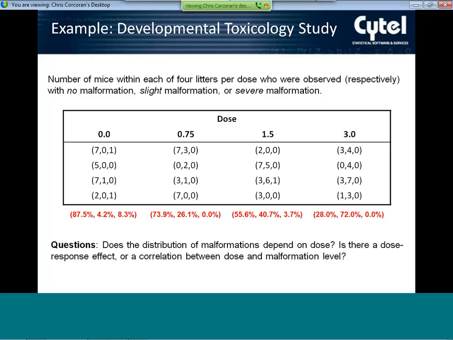So in other words, we can carry out a test where we specifically examine the alternative hypothesis that there's a linear association. In other words, the higher the dose, the higher the median malformation level. So we can carry out all three of those types of tests in the StatXact module. To illustrate,